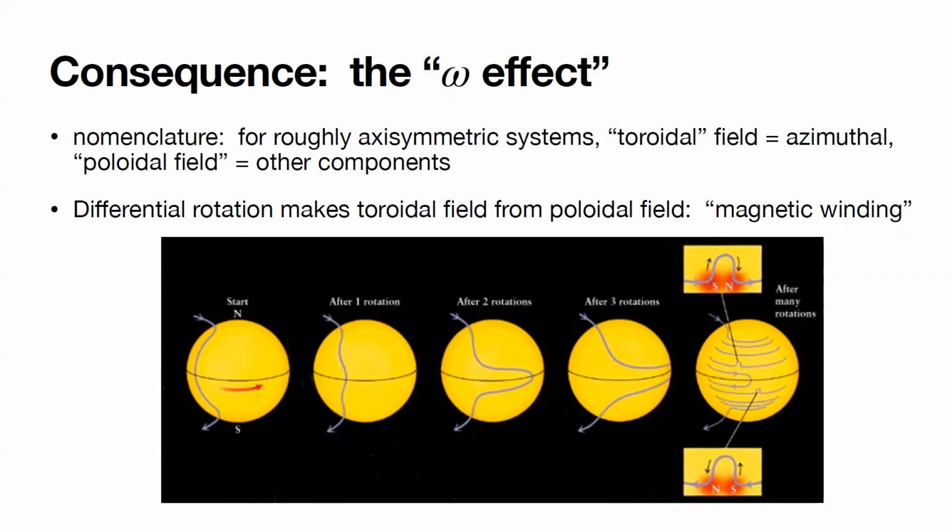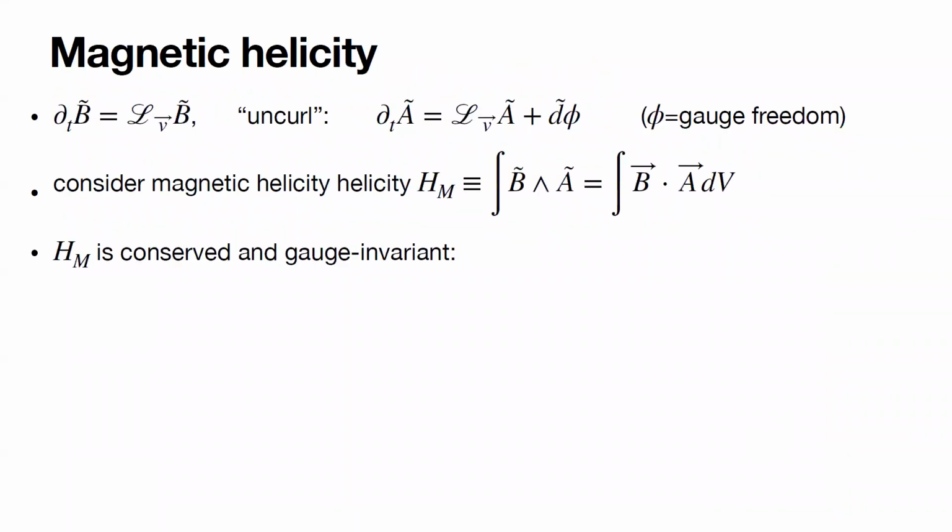So say you start off with a poloidal line and you have something like the sun, which spins, but not as a solid body like the Earth, but differentially. It spins faster on the equator than near the poles, right? So imagine that field line, it's glued to the gas that it's touching at t equals 0. And so the equator pulls its part further forward. And so you can see what happens to the field line as it gets wound up. And eventually, even though it started off poloidal, it ends up toroidal, right? You get this huge toroidal field, and this is called the omega effect. All right, now